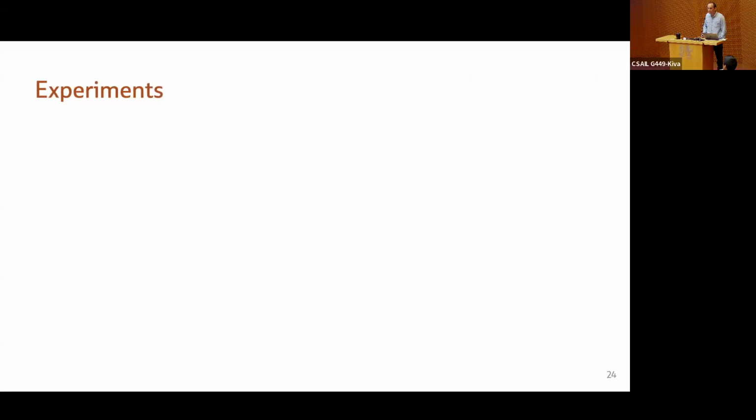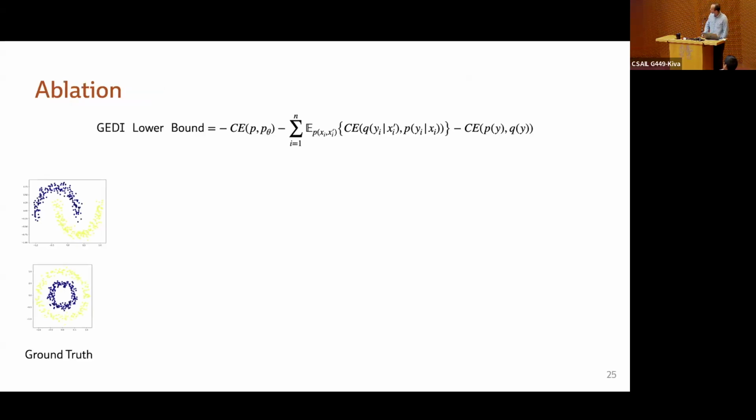All right, so this concludes the part on the derivation and the theory. Now let's look at the experiments, and I will try to give you an intuition about the different objectives. Here we conducted an ablation study to highlight the underlying properties of the three different objectives. On the left, we have two data sets in two dimensions. Each of these dots you can think of as an image, and the corresponding color corresponds to the value of the concept. We have two concepts here, the blue concept and the yellow concept.